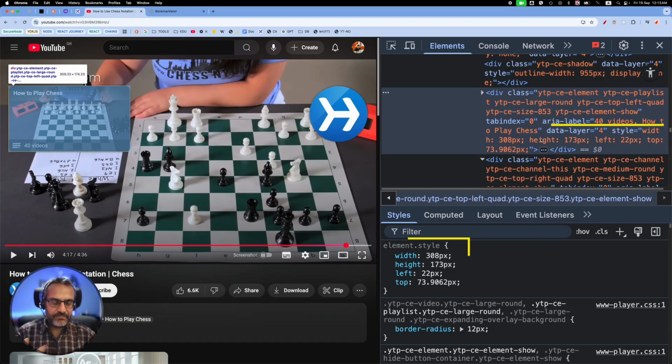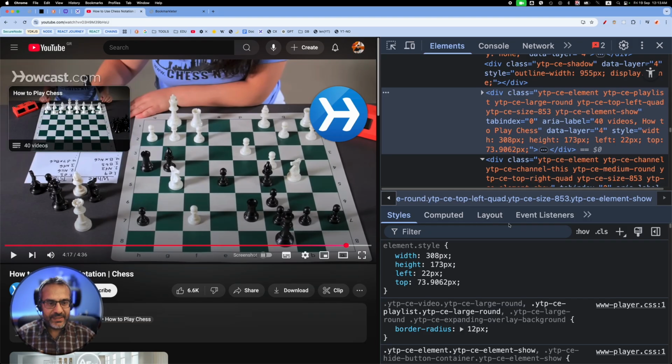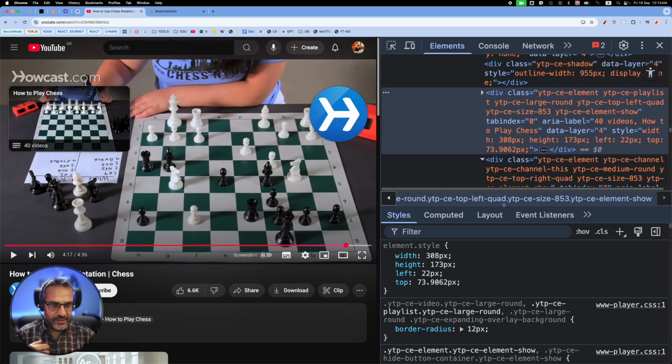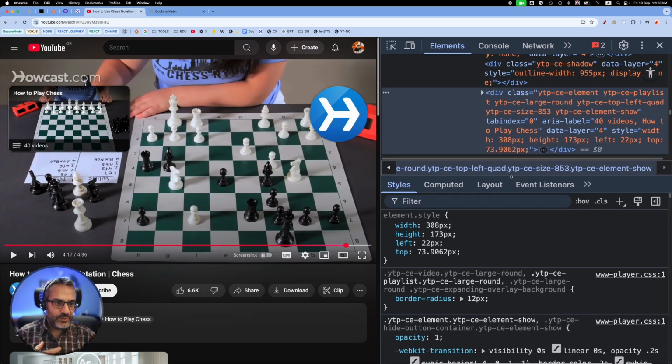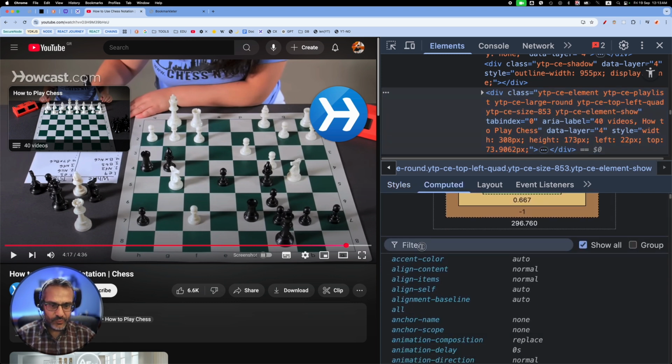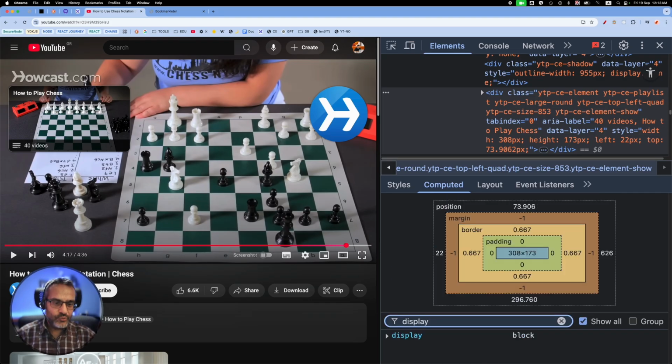This doesn't mean that the element doesn't have a display property set, because by default these divs have the display property set to block. This is not an inline setting, but this is what we call a computed setting. So how do I find out about this computed display property? I go to the computed panel, and in here I'm going to type display, and you can see that the default computed display setting for this element, not the inline but just the default computed,